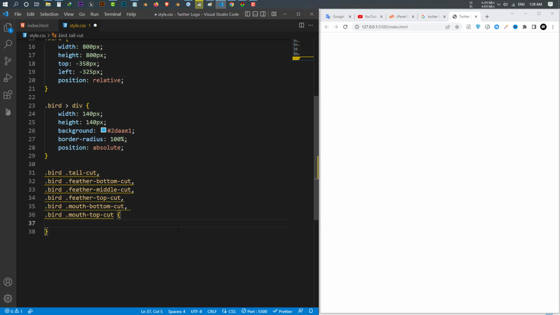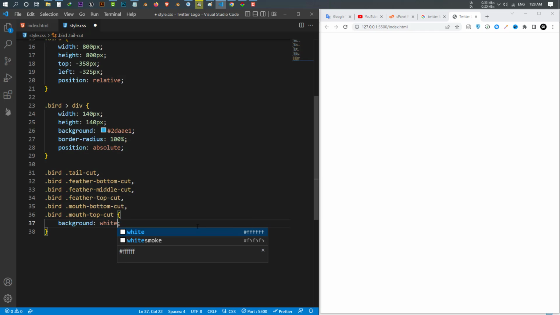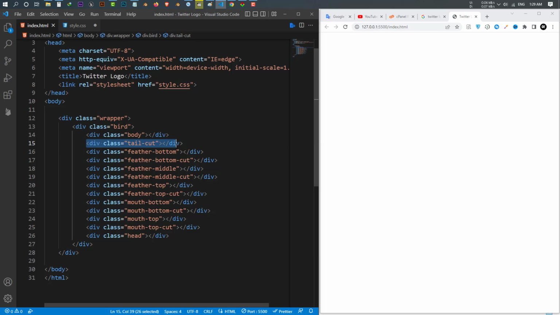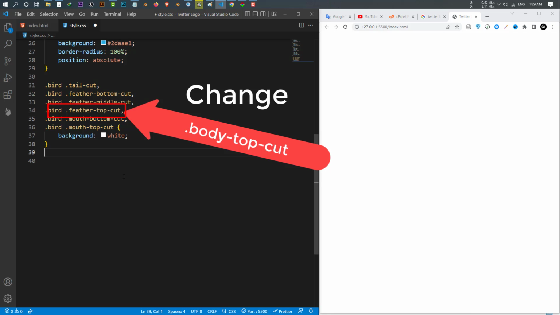Now what I want to do, I want to give it a style. I want to fill it with a background color of white, just like that. And after this, all I need to do is to draw that blue circle, and it will be cut with these cats of white color. And all I need to do is to position my elements, my tail position, my feather position, and also I need to position the cats also,